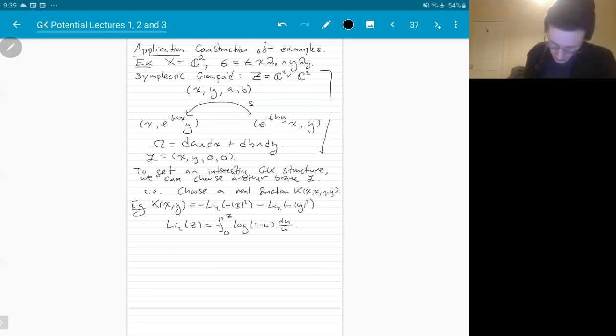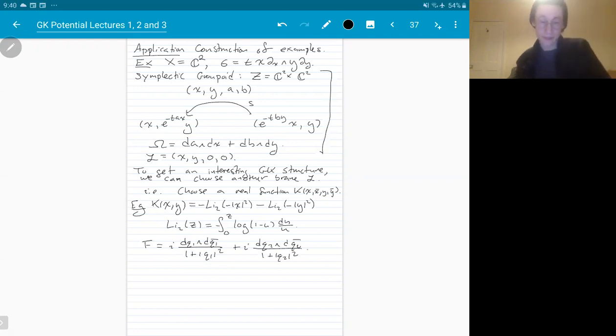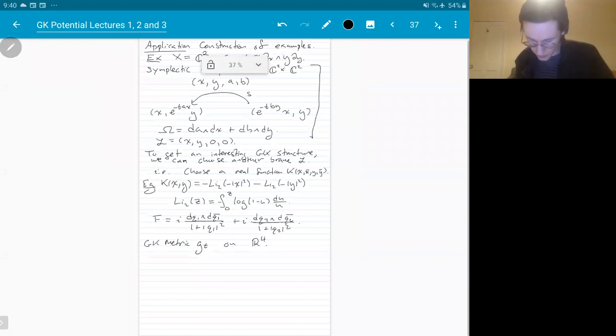But if we do this, then we get the following two-form, which is symplectic. So when we do this, we get a metric g on R4. It will be a generalized Kähler metric. I won't write down the expression, it's a little bit complicated. It's not that bad, but